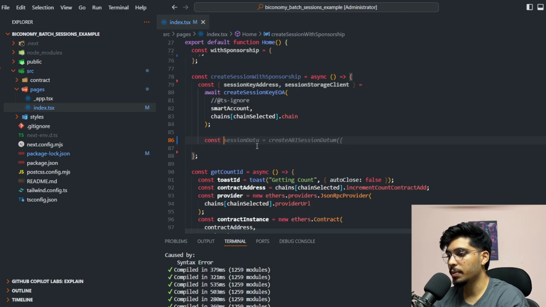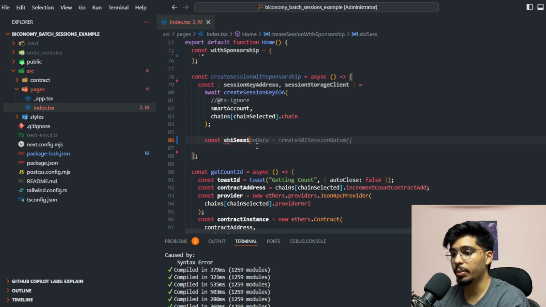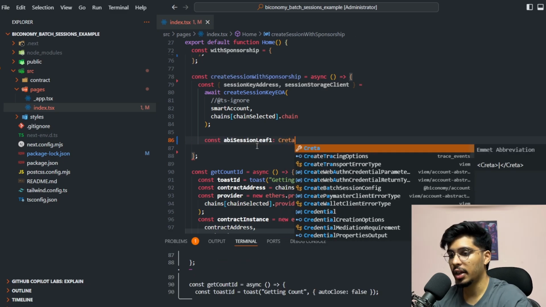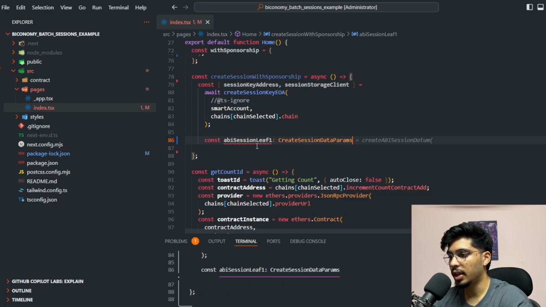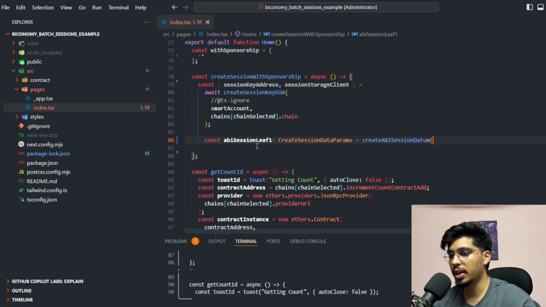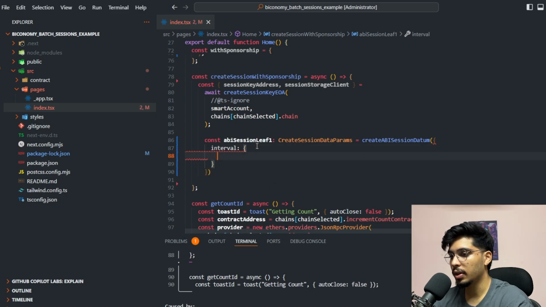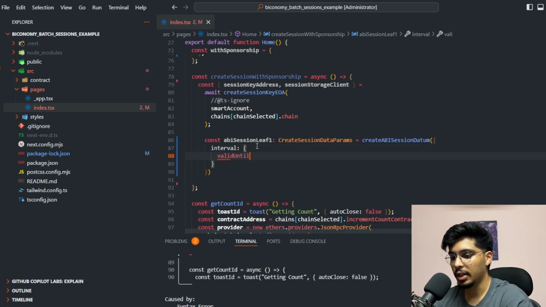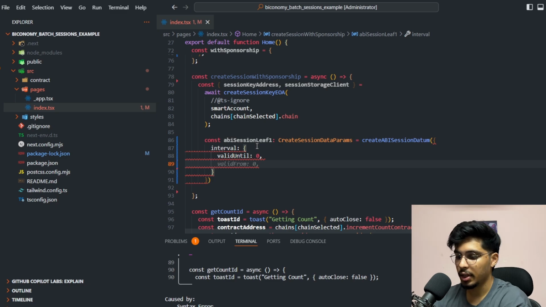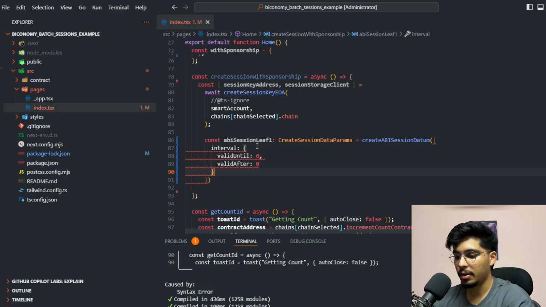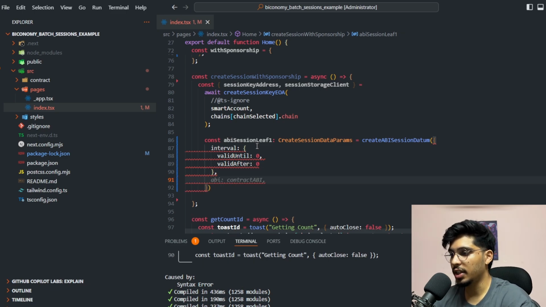So const ABI session leaf. So basically we are having 2 session leaf. So I'll just name it as 1, and its type is create session data params, and it should be equal to create ABI session data datum. And in that I'm going to pass interval, similar to the way that we did valid until. This should be 0, just to make it till infinity, valid after 0 again, and then we need to pass a session key address,